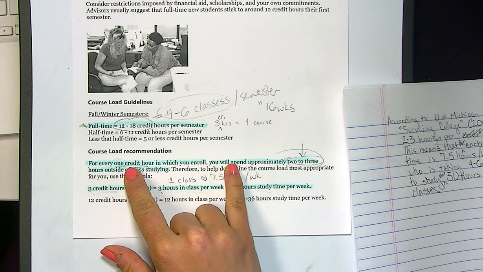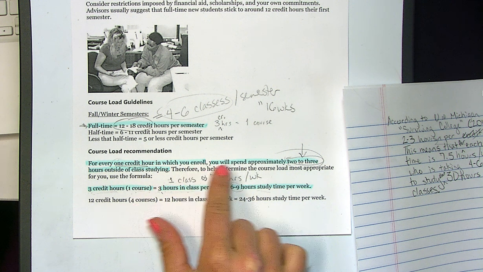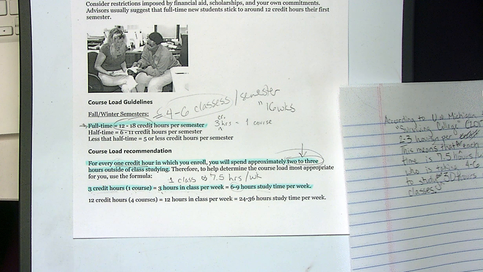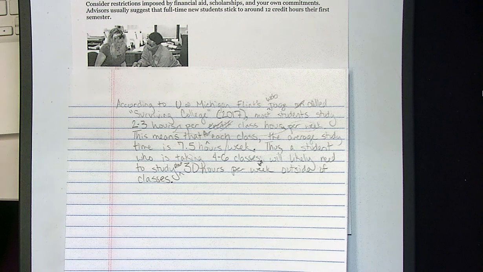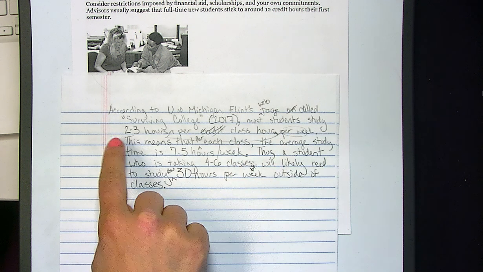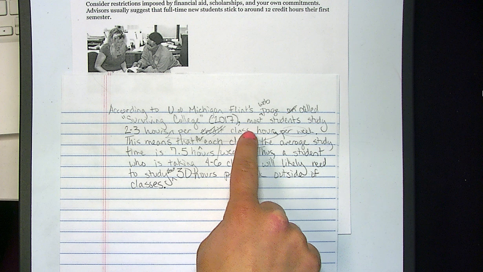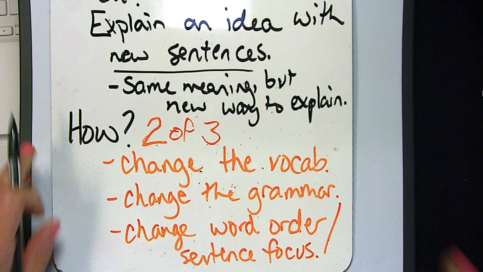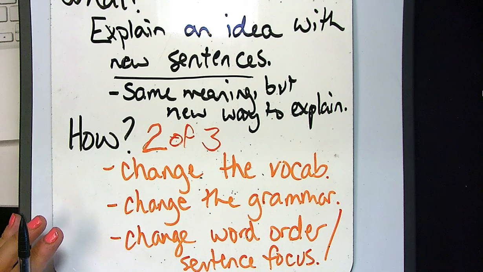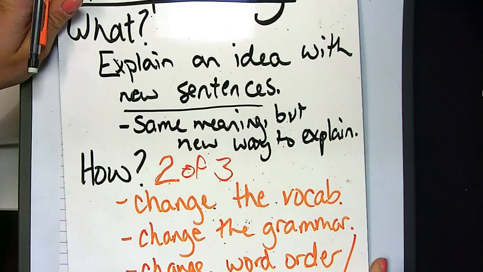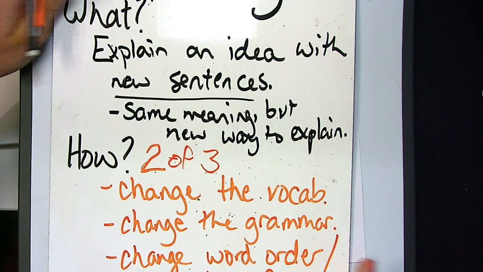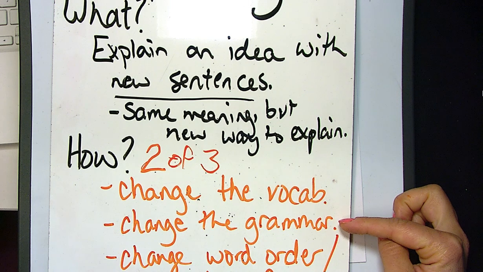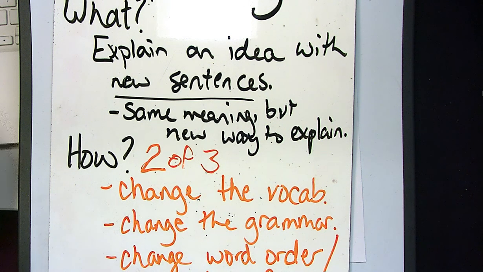But in this sentence, For every 1 credit hour in which you enroll, you will spend 2 to 3 hours outside of class studying. I chose to start with this part and then focus on the 1 credit. So if we look at my sentence, it was most students study 2 to 3 hours per week per class hour, and I said class hour instead of credit hour. So I changed some of the vocabulary and I changed the sentence focus. So remember, paraphrasing is something that we talk about quite frequently in our academic reading and writing classes, but it also requires a lot of grammar skill in order to change the grammar and to change the word order. I will create another video and I